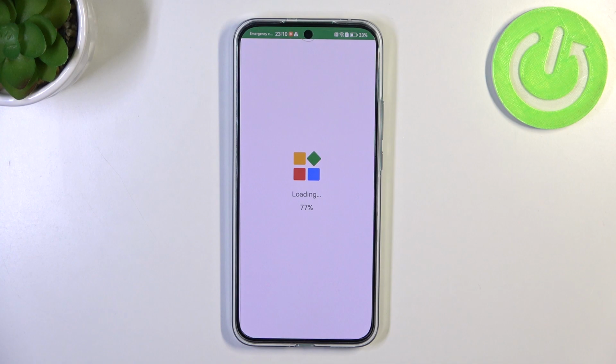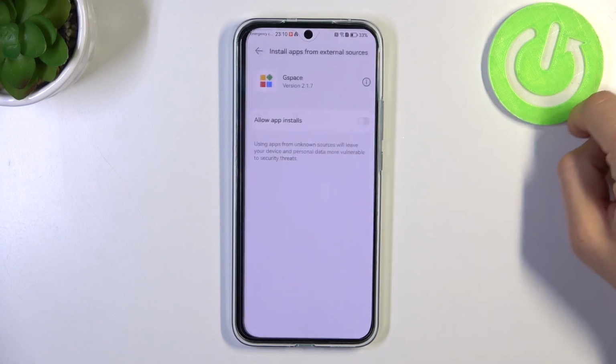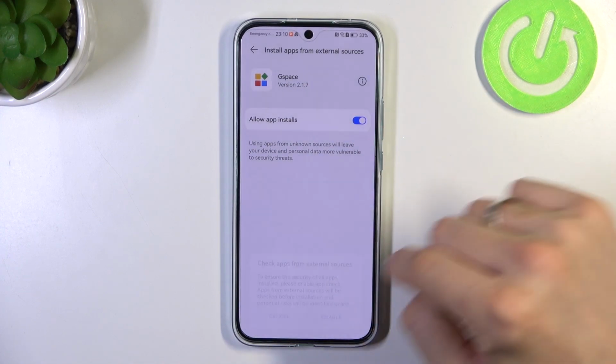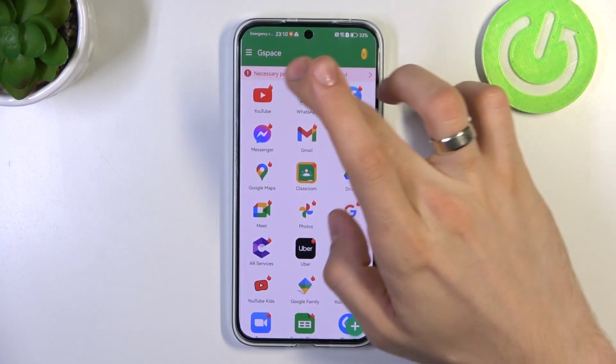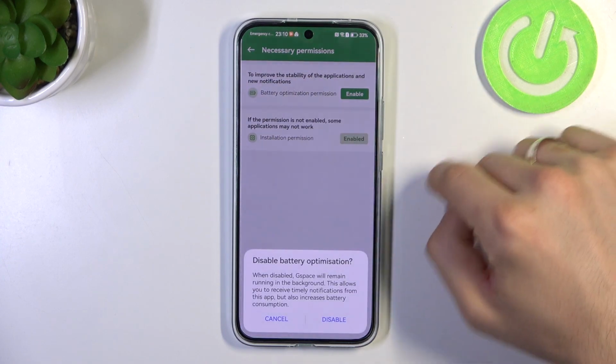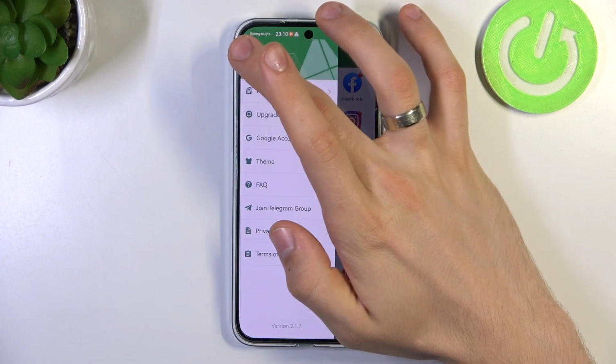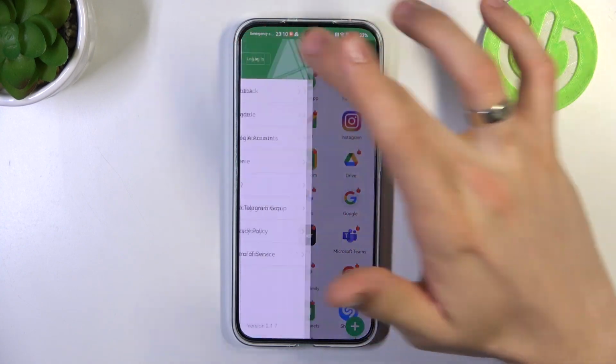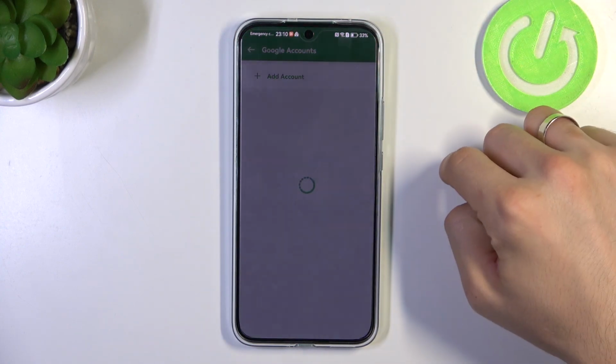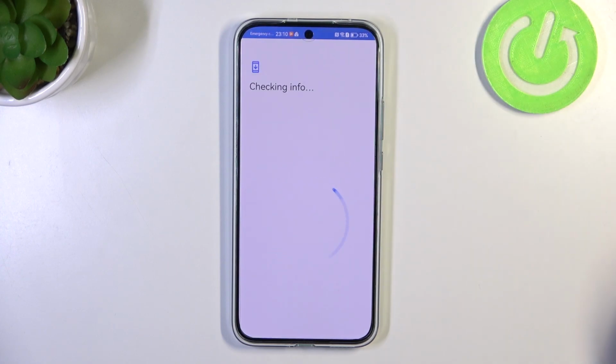Yes, so open this app, click install Google services, wait a while. Click enable, allow app installs, enable, go back. Click on these necessary permissions, click enable, disable, go back. Cool, now click on the 3 lines button, choose Google accounts, add Google account, wait a while,